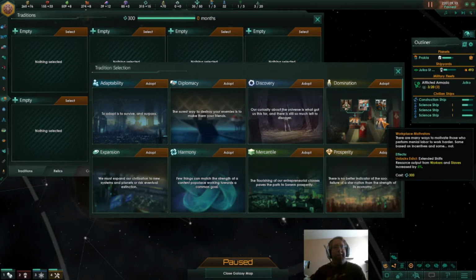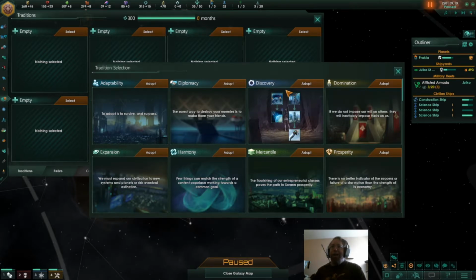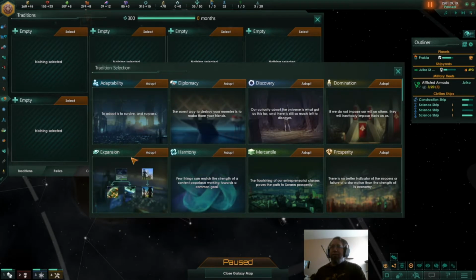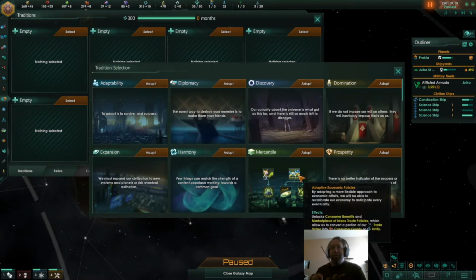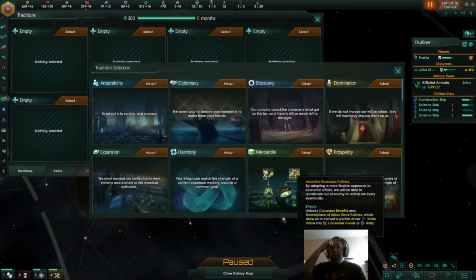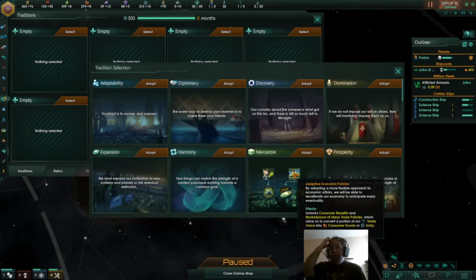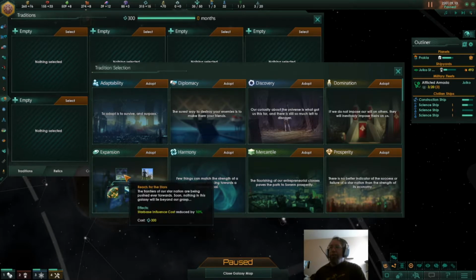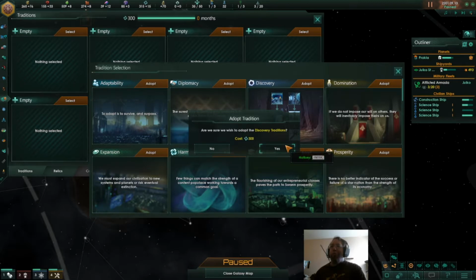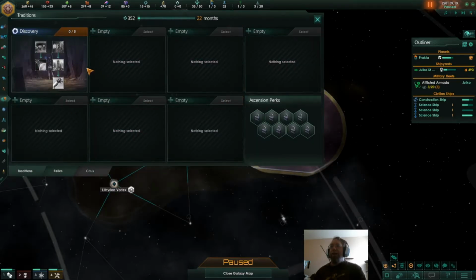However, as always, I highly recommend either Discovery, Expansion, or Mercantile. Or specifically, in Discovery, to boldly go, Mercantile, to unlock the Adaptive Economic Policies Edict, or Expansion for Reach of the Stars. Whichever one you feel is best. I almost always go Discovery. What most people do is they pick one, and then they just fill it out. So, you can see every time we pick one,